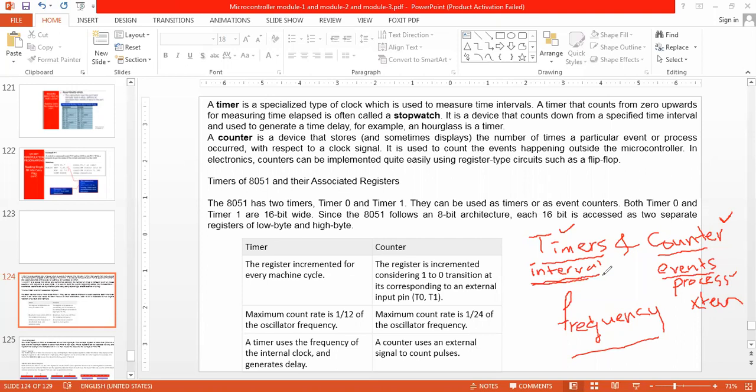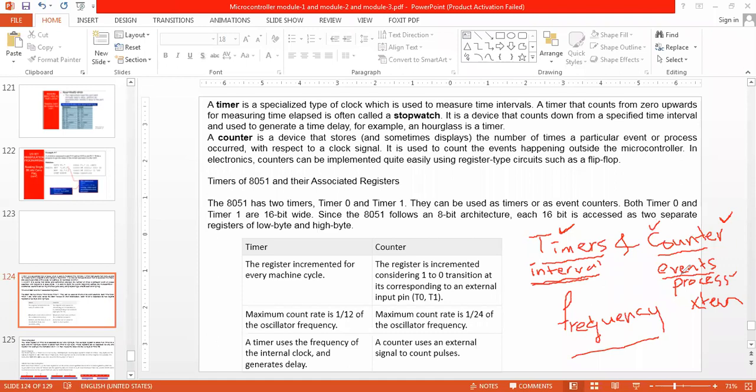Say, for an example, I want to generate a time delay of 1 second or 5 seconds. Then instead of using a counter, I go for a timer. Then suppose I am communicating with an external device, and whenever the external device is ready to send the data, at that point I initiate the communication from the 8051.